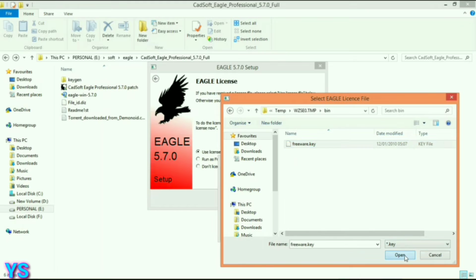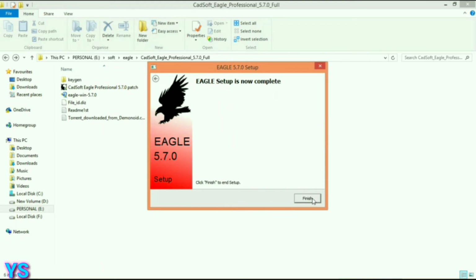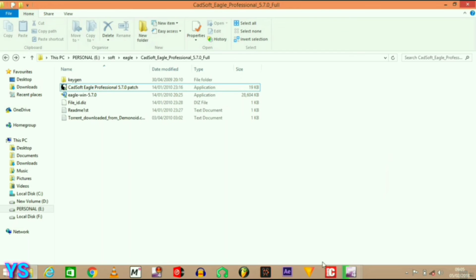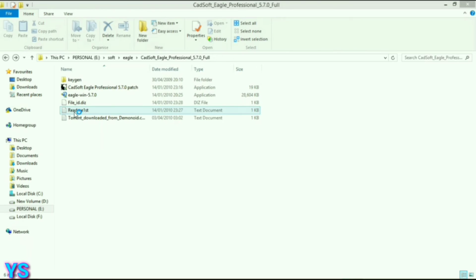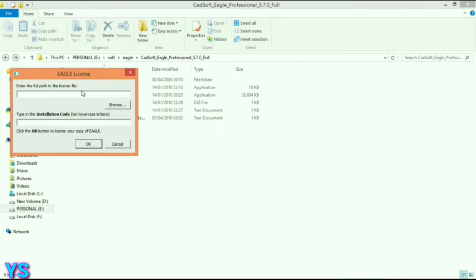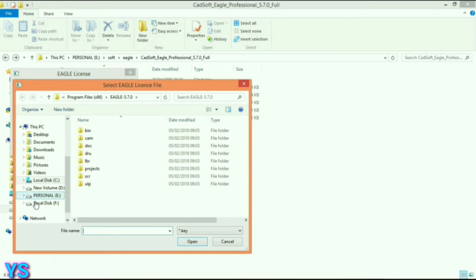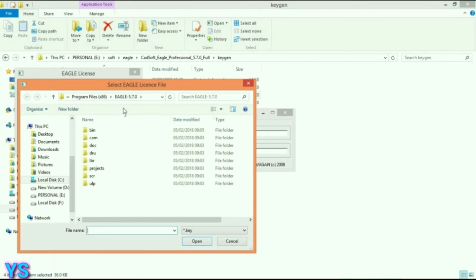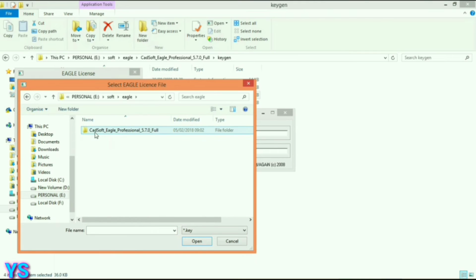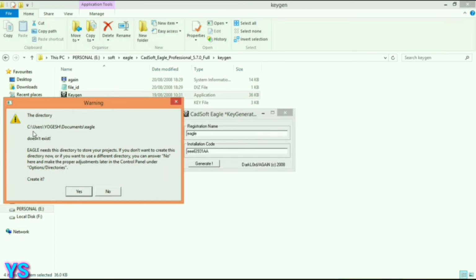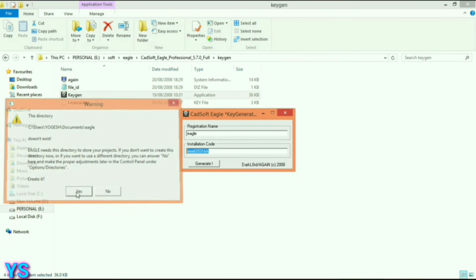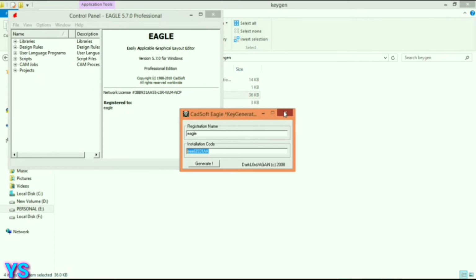It's a freeware license file. If it asks again for the license file, you just use the license file in the extract file location. Go to Eagle and Cadsoft, use this license file, and it automatically installs. Just click yes. Now your Eagle